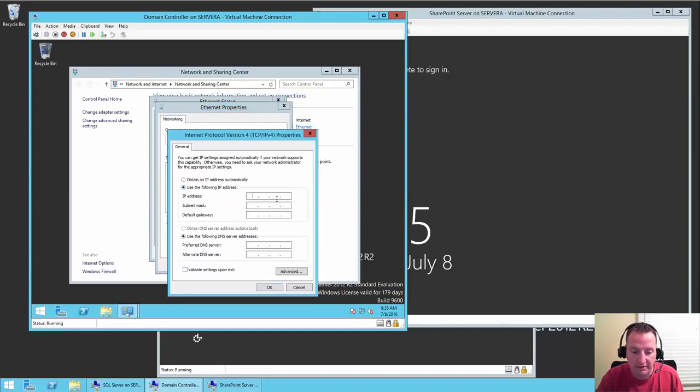And I'm going to say, hey, let's make this IP address. And this is just the internal IP address on my network. So make sure you're using your own at home or in the office. The subnet mask is 255.255.255.0. And my default gateway is 10.0.0.1. And then for my preferred DNS server, I'm actually going to use